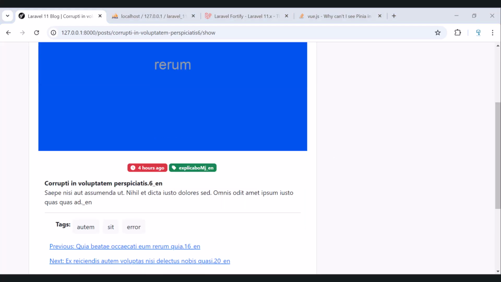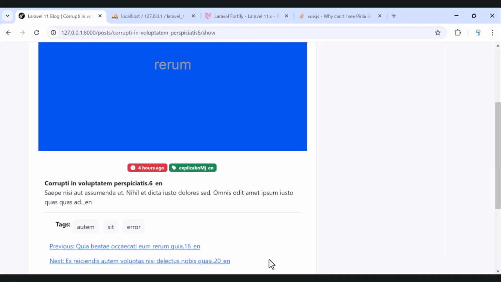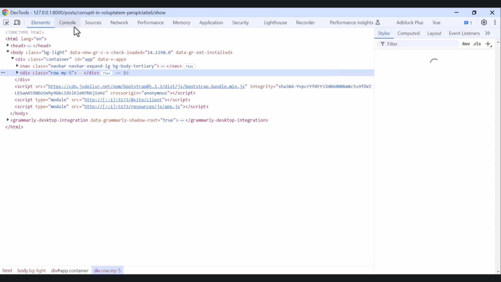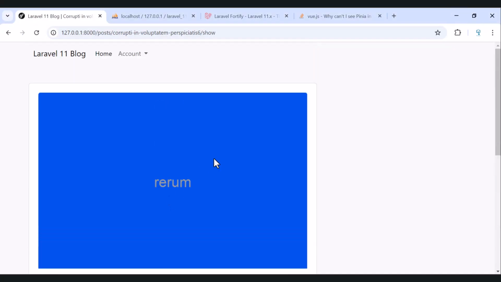So now we can add the display or fetch and display commands. Everything is working as expected. Let's check just the console if we have any error or anything wrong. I don't think that there is anything wrong. So everything is working as expected. We can add display and add commands, but before we move to the next, which is search